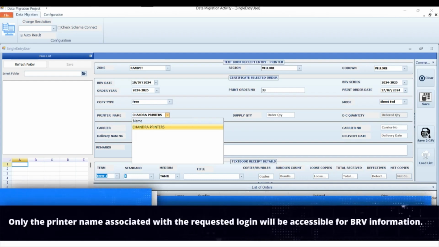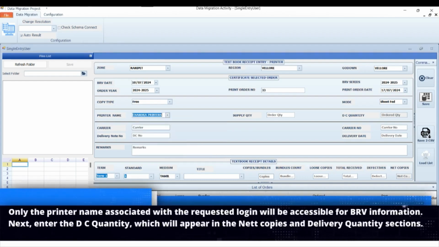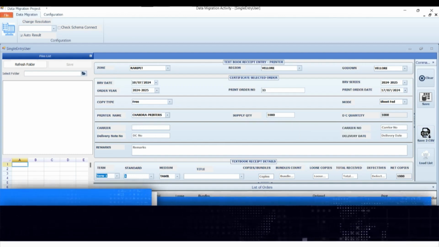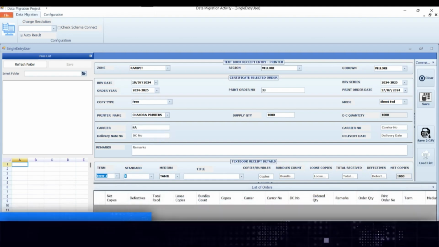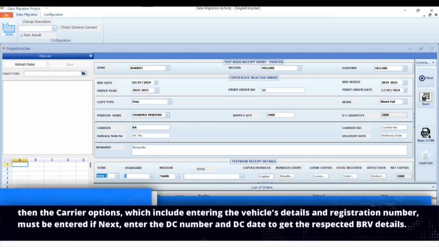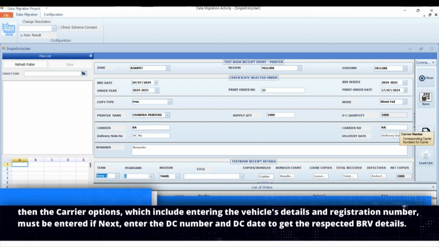Only the printer name associated with the requested login will be accessible for BRV information. Next, enter the DC quantity, which will appear in the net copies and delivery quantity sections. Then the carrier options, which include entering the vehicle's details and registration number, must be entered.